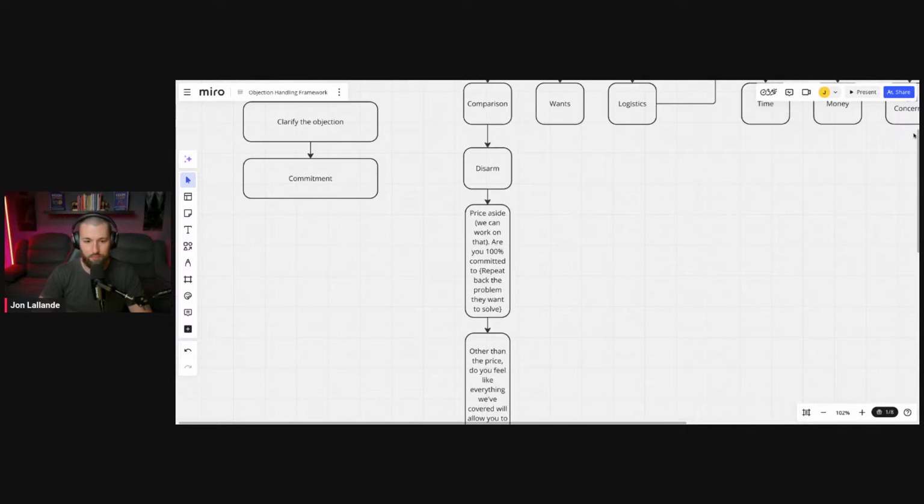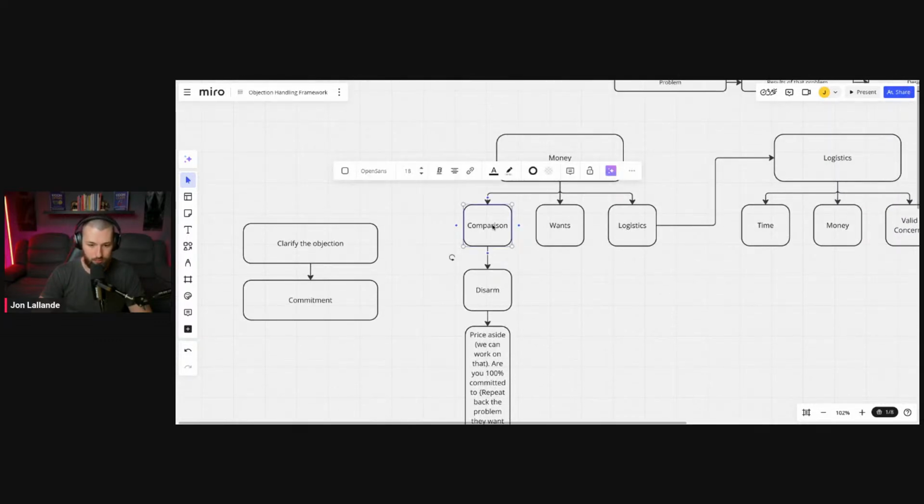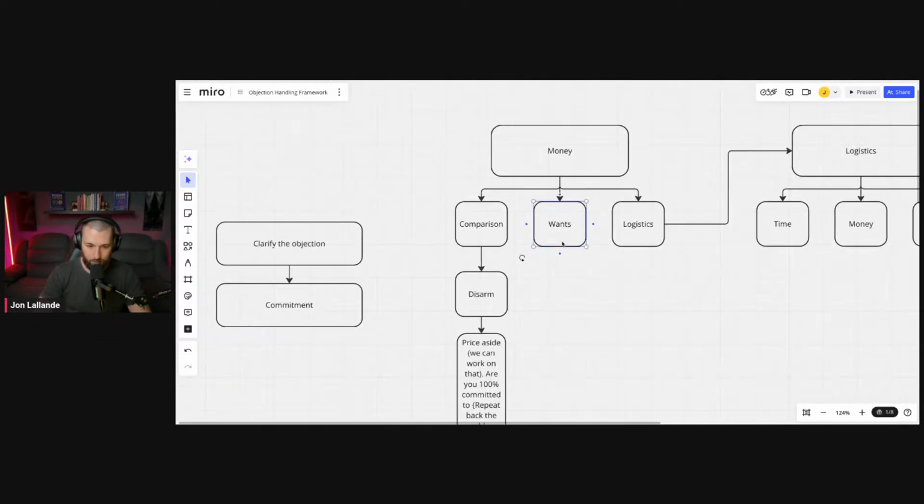Let's go up a little bit. When it's a comparison. Right? Now we're going to go into wants. So wants is a little bit different than a comparison objection. It's going to be, I could do this right now, maybe I'm not sure because I want more money. It has nothing to do with the logistics. I could go buy my next house. I could pay off the mortgage and get out of foreclosure. It's not about the comparisons. They just want more money for whatever reason.